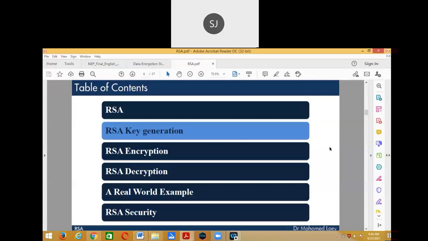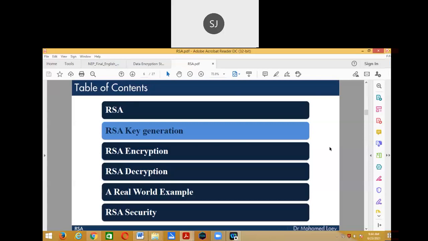And these public keys are made known to everybody, just like your email IDs. Because anybody who is communicating with you should be knowing your email ID. So anybody who is exchanging messages with you should be knowing your public key. Public key should be made known to others. Are you getting it?